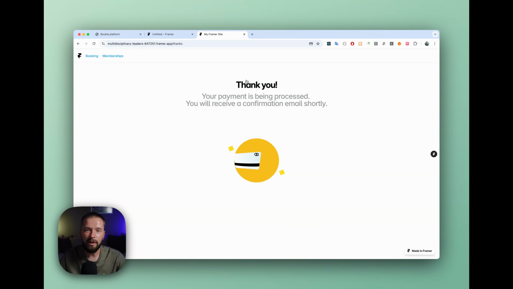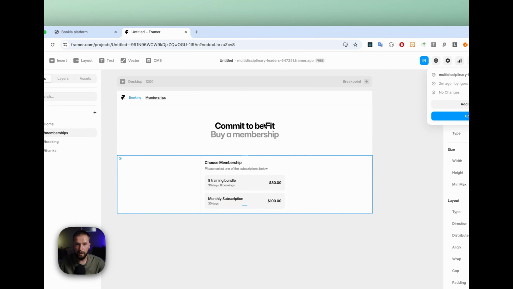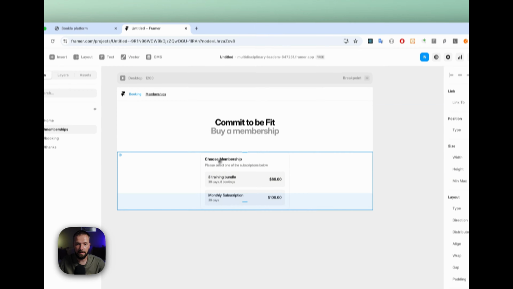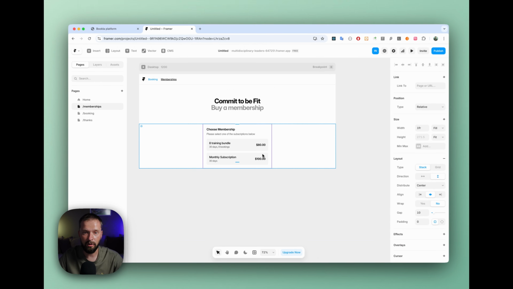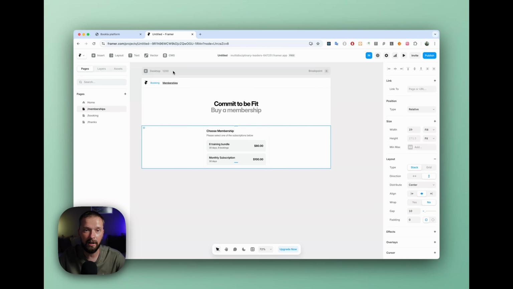So for the Stripe integration, for example, if you're using payments for your subscriptions and for bookings, you can create some universal thank you page like I did, saying your payment is being processed and the confirmation email will be sent, and all the details will be there. So yeah, we basically implemented the default implementation of our component, and let's check in Bookla platform if actually the